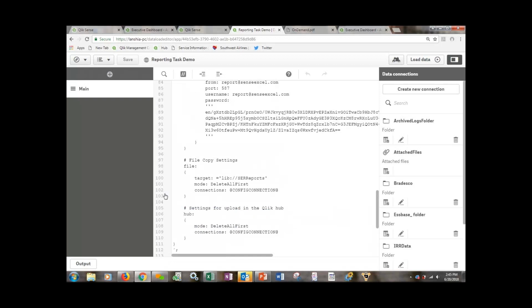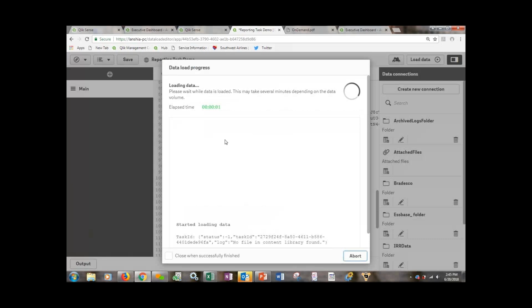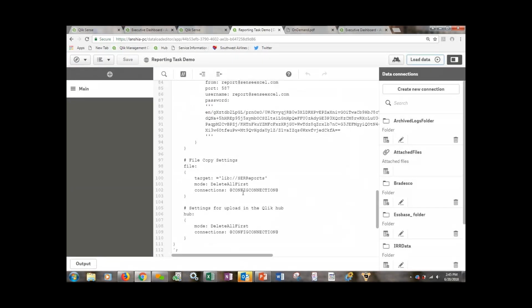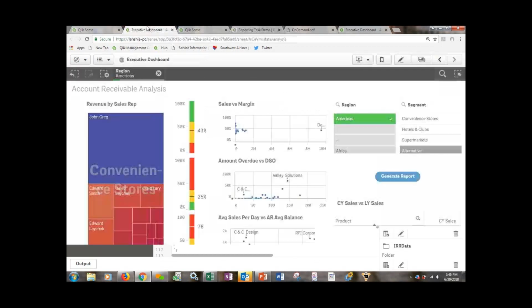The last option is where you would run the job and you would park the content out in a file location. So I've got a connection statement here that points to a subdirectory on my machine. So now I'm going to go through and load the data. The reason this is important is when I go out and load this data, what it's doing is it's just executing a Qlik script and performing the actions that I just determined. But what makes that interesting is because any job that you're running is just the execution of a Qlik app, that's what gives you the ability to go use the Qlik scheduler,